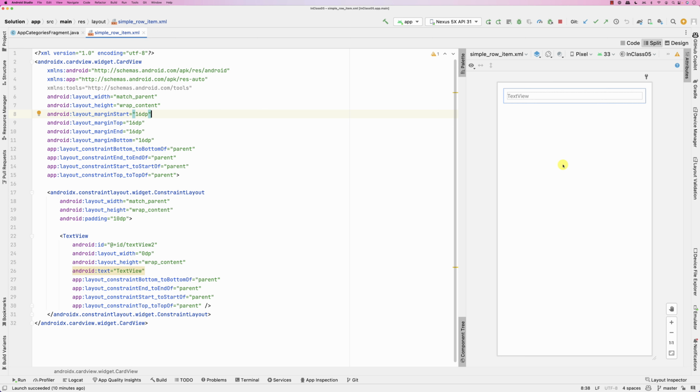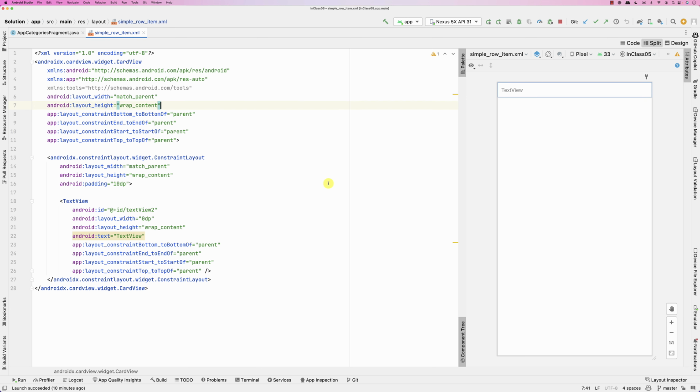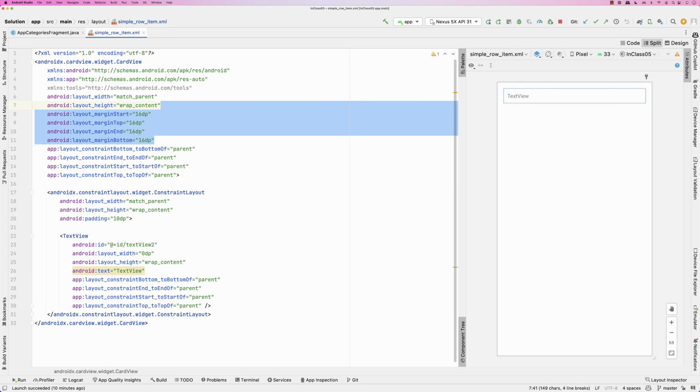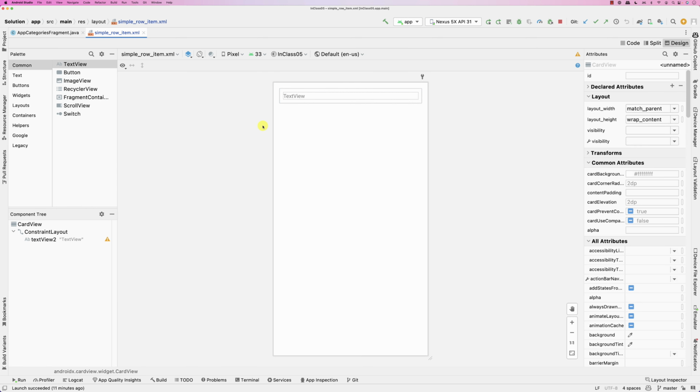You see here is my cart view, and does it have any padding? Let's see. Here's my cart view, and it has all these margins. I don't need all these margins. Here it is. So basically here is my cart view. Maybe I can give it a little bit of padding. Maybe I give it 16, which is a little bit extensive, but